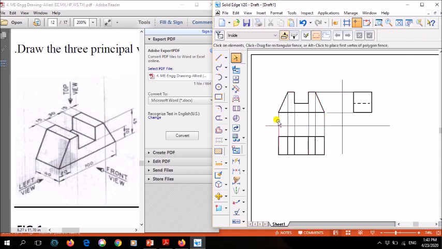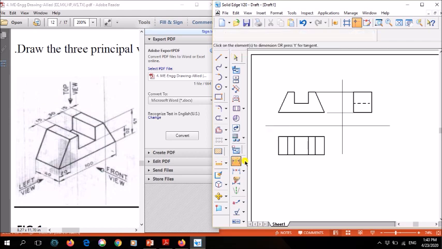So after you have drawn the top view, what you do, you just rub these projection lines. Okay, we don't need them because we need to show the dimension. So now all the views are done. So what you have to do next is show the dimensions. Okay, so first one, I'll dimension this part. So what you do, draw projection line from here and draw projection line like this.